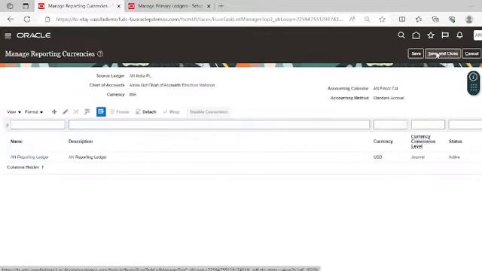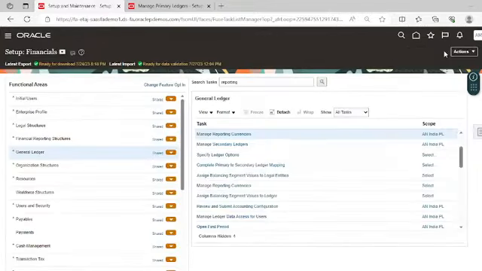So we have created the reporting ledger, and now we have to create one more user, and we will provide the GL roles and the data access for this reporting ledger. For that, go to security console.